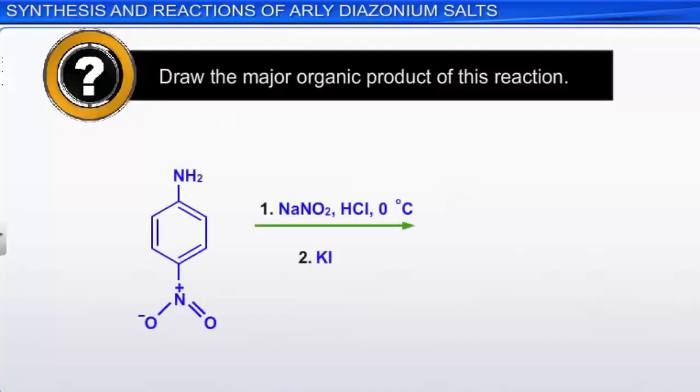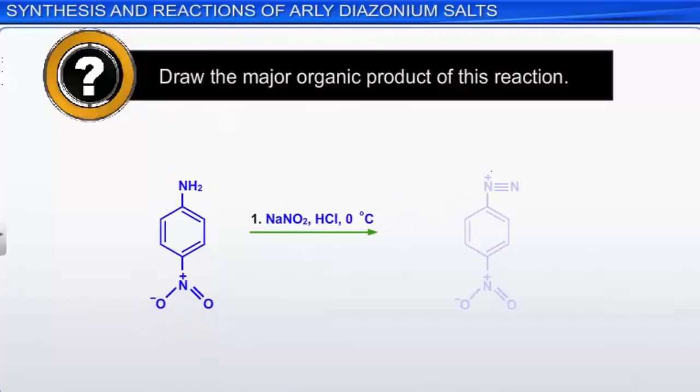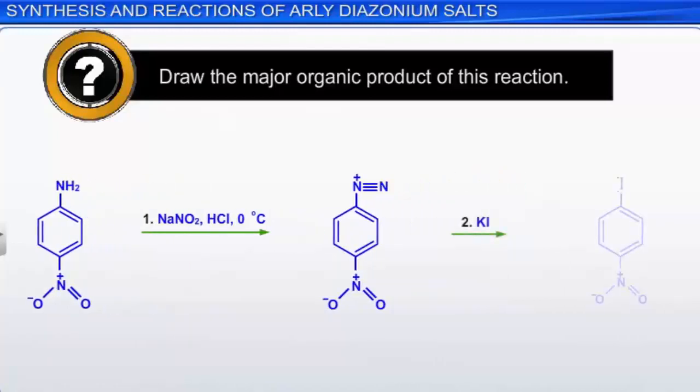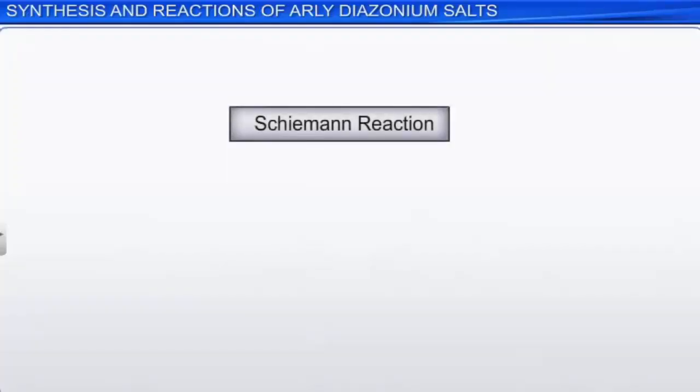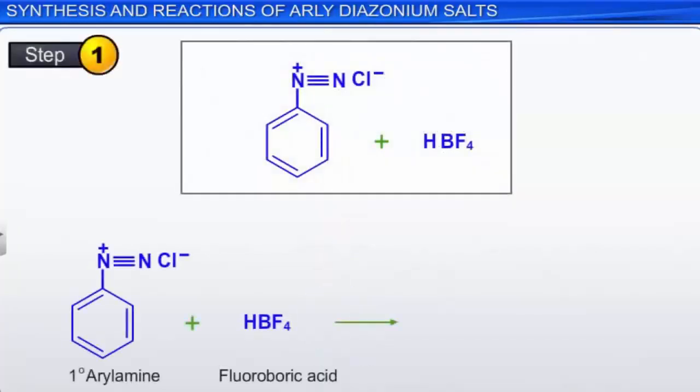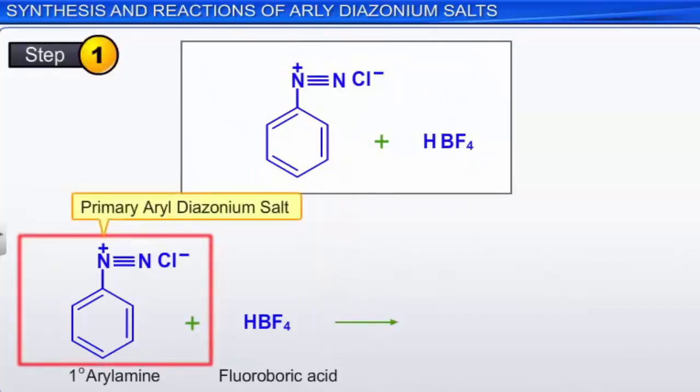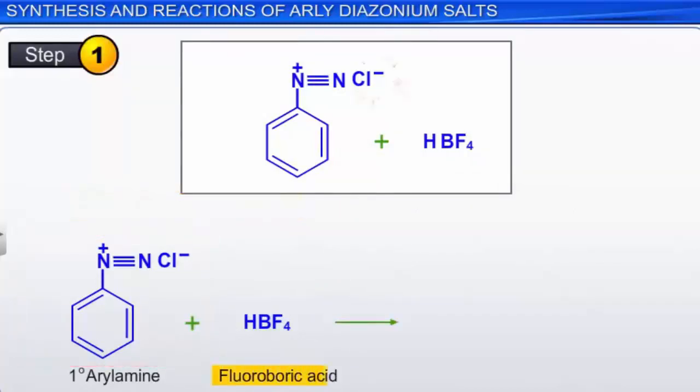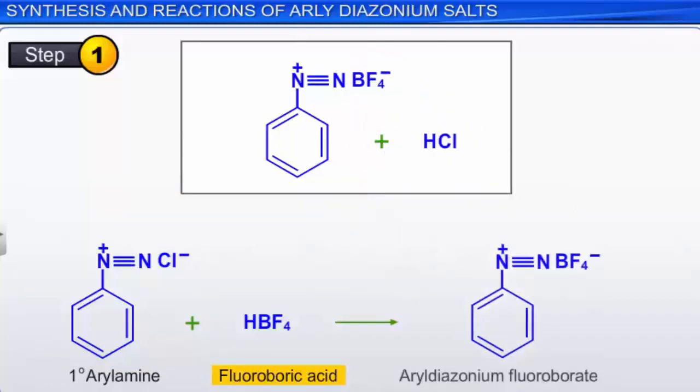Step 1 produces an aryl diazonium ion. In step 2, treatment with potassium iodide replaces the diazonium ion with iodine. The Balz-Schiemann reaction is a method for making aryl fluorides. In the first step, a primary aryl diazonium salt is treated with fluoroboric acid to make an aryl diazonium fluoroborate,